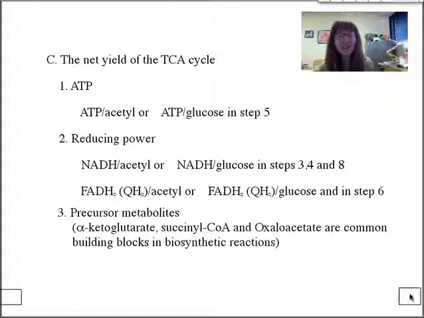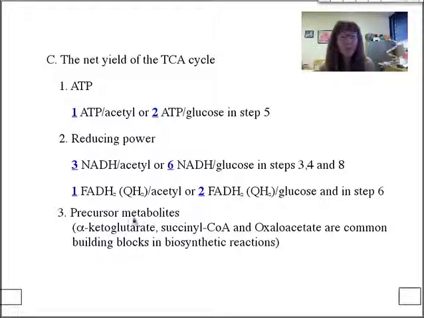Writing down our yield then, we know per turn of the TCA cycle there's 1 ATP, but if it turns twice for a glucose, there are 2. And that, of course, is what happens in step 5. The reducing power, well, we know there's 3 NADHs per turn, or if it turns twice per glucose, there's 6. Holy cow, lots of NADHs. Now, FADH2s, 1 per turn, or 2 per glucose. Wow, a lot of yield,